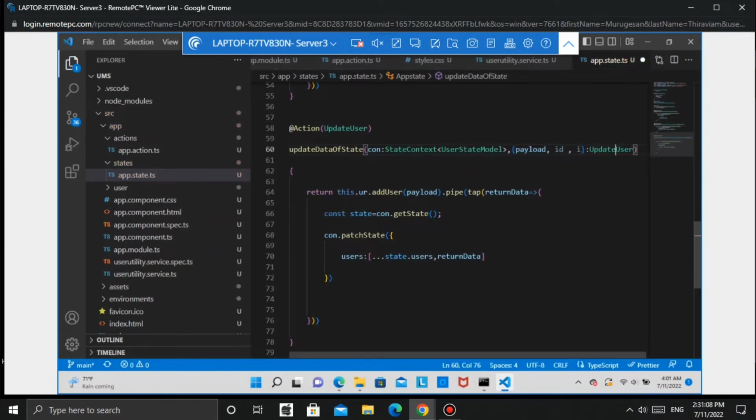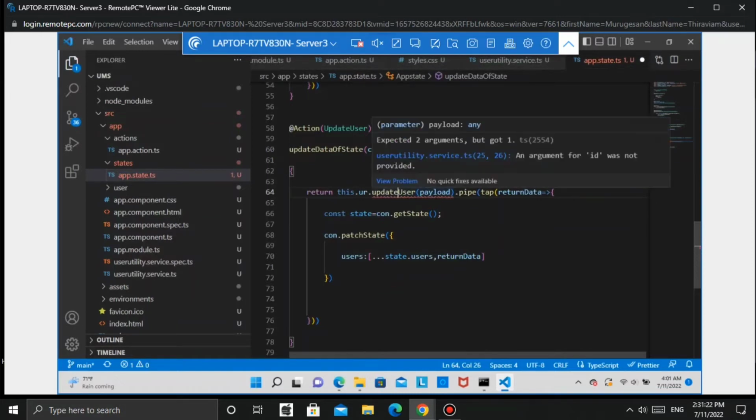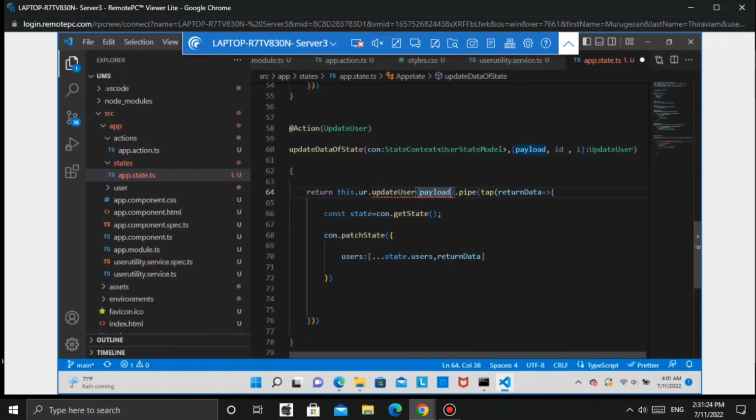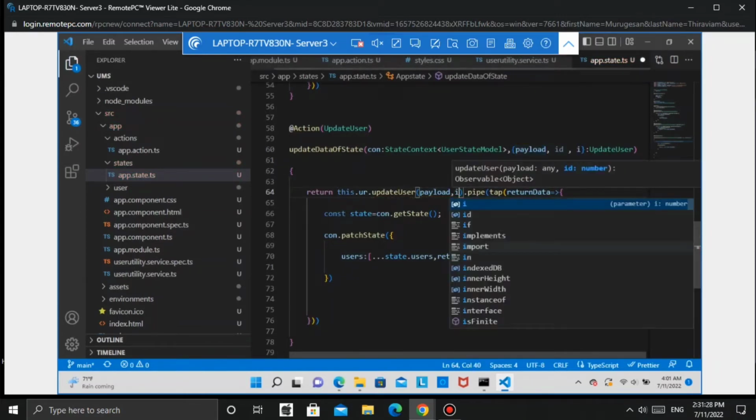Yes, from update user. Now return this.ur.updateUser. So add will be changed into update. Update user, payload, comma I. Return data, all those things are same. Then